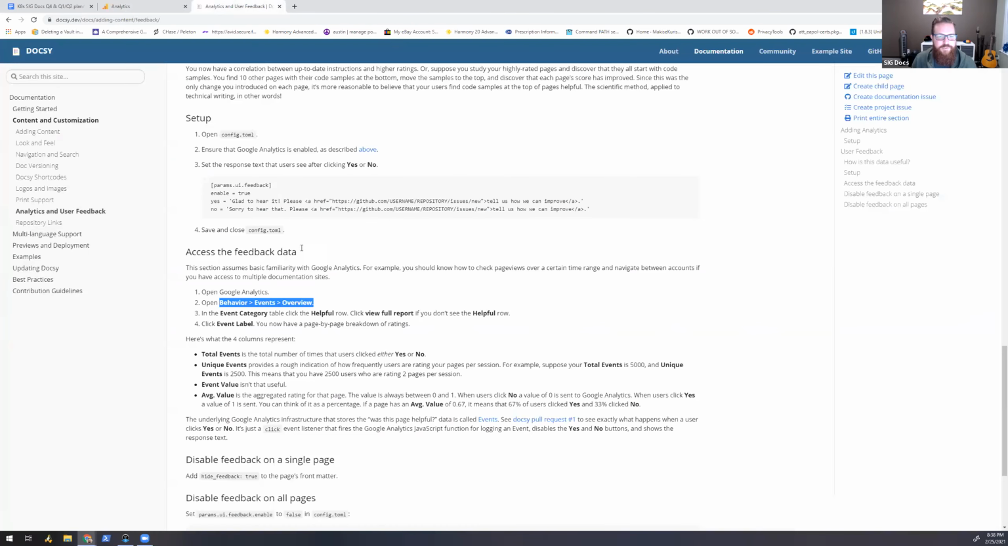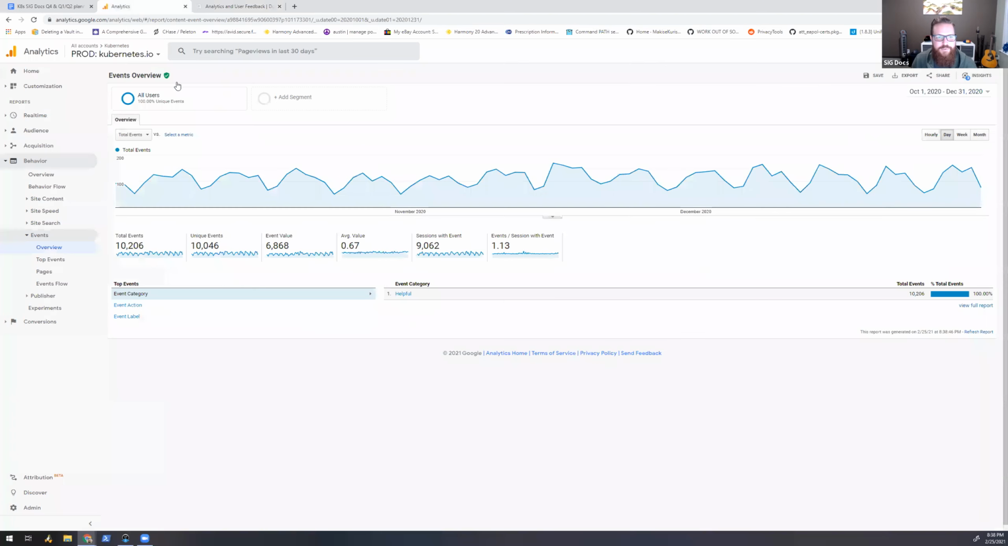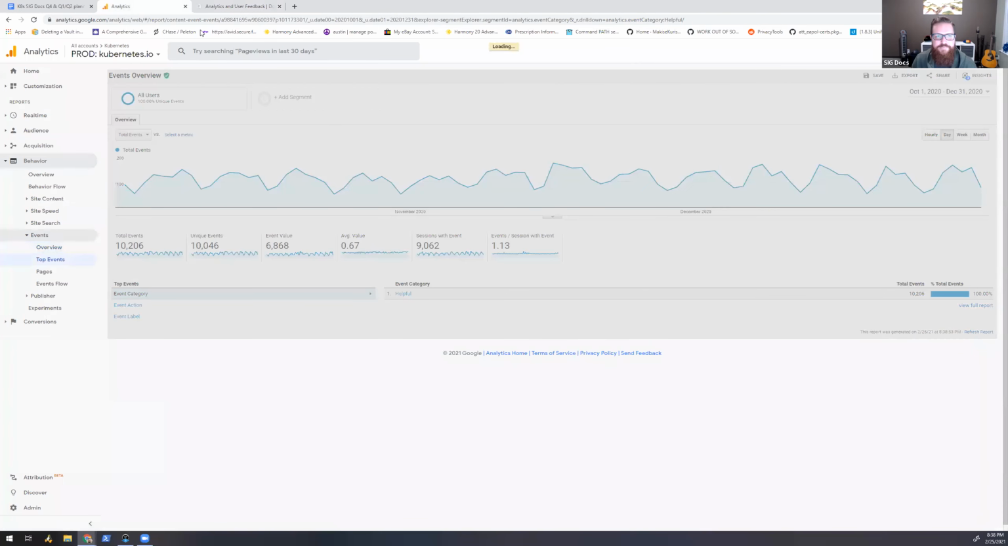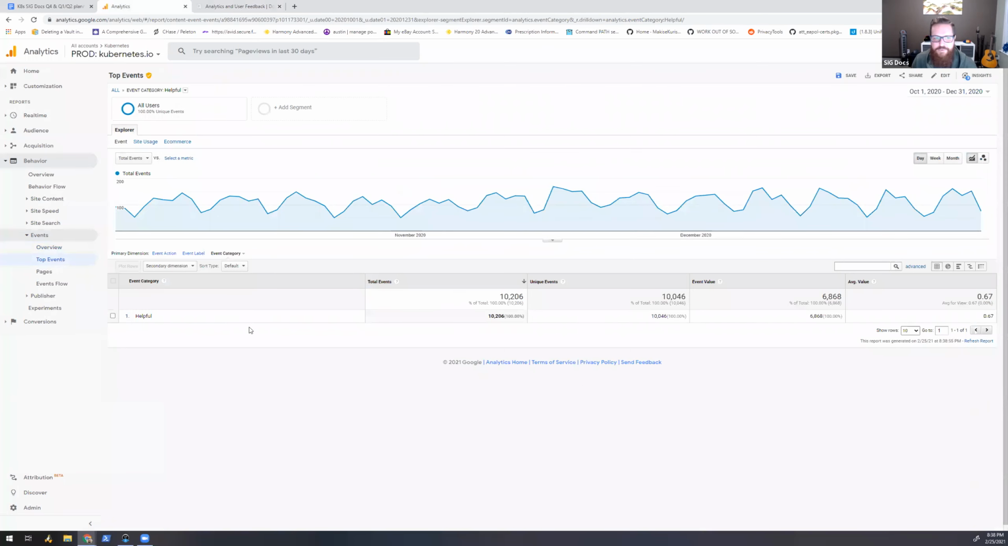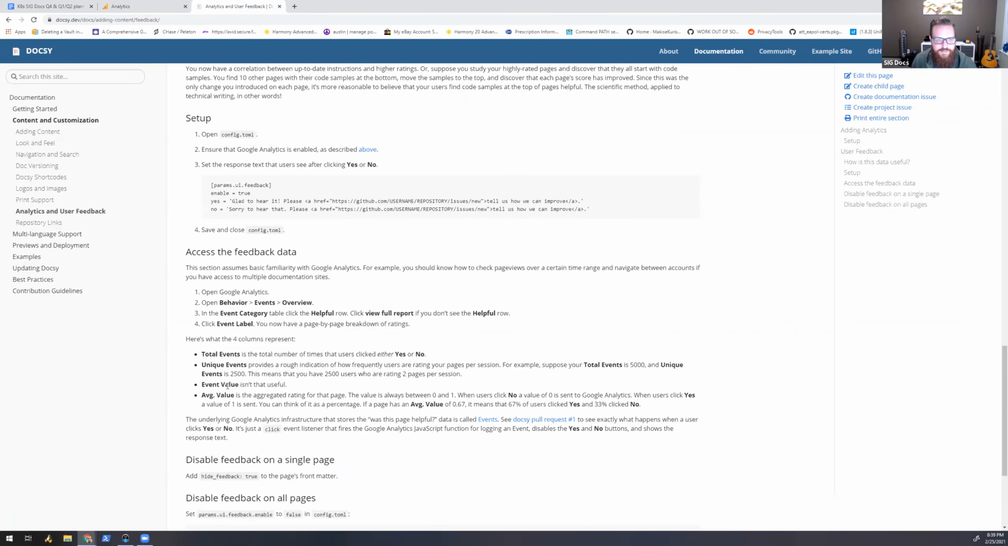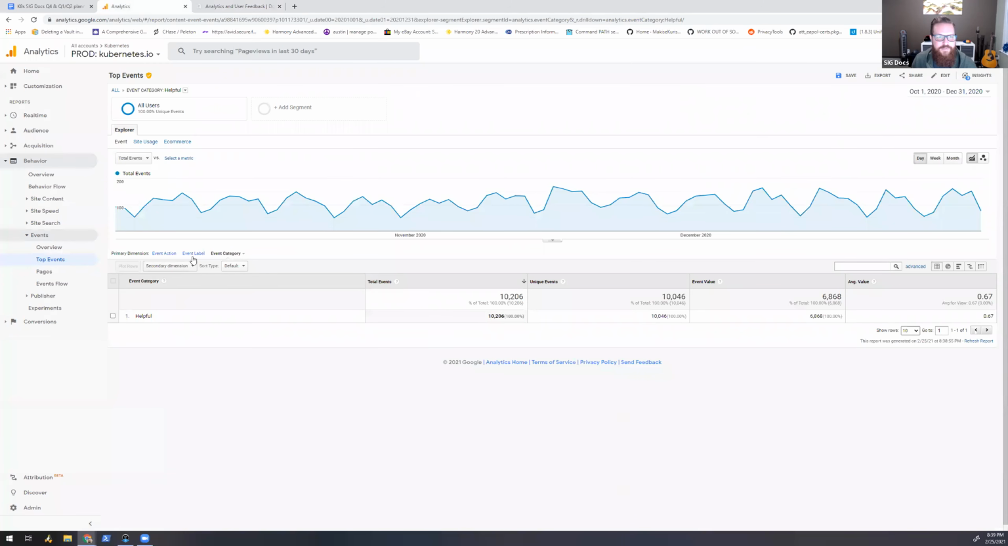I did this once many moons ago. An event category, click the helpful row. An event category, helpful. And click view full report for the helpful row. Anyone see? Yeah, it is enabled. Cool. Anyone see view full report? So it looks like event category, click the helpful, view full report. If you don't, oh, okay. Event, okay. So